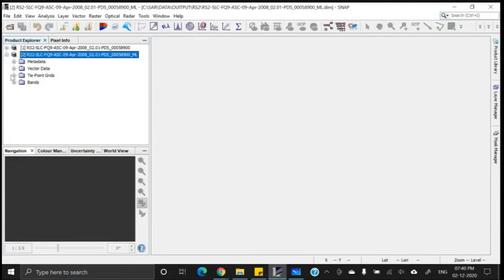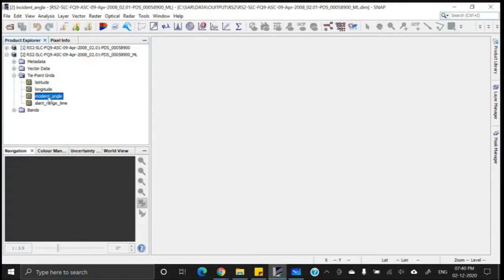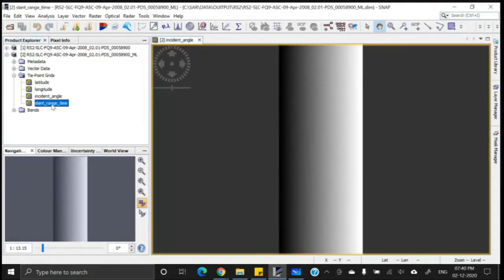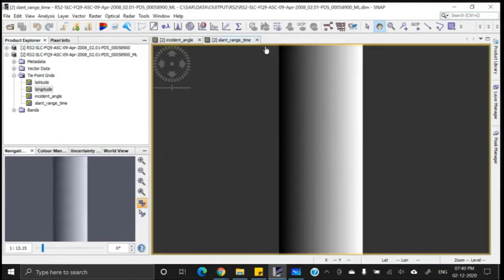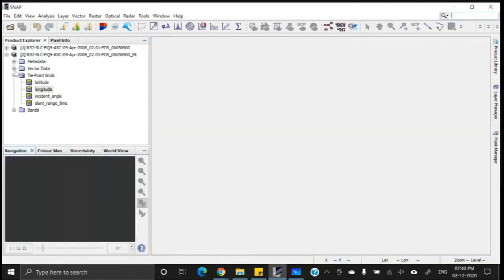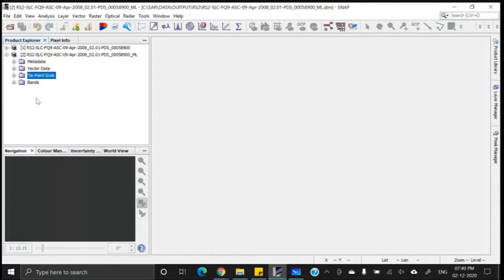Here also you have all these things, incidence angle information, slant range information, latitude information, longitude information, even the metadata. So this is a unique feature in SNAP that you may not find in other software.